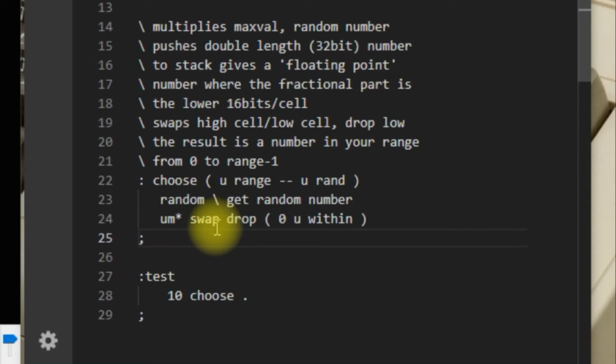And then we see a swap here. Well, the swap is going to swap the upper and lower half of that 32-bit number. Now, why in the world would we want to do that? Well, you remember I said that the random word is sort of like generating a number between 0 and 1